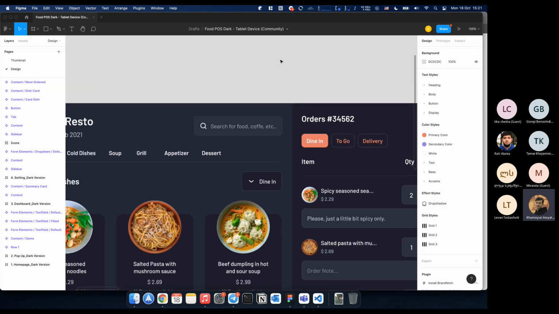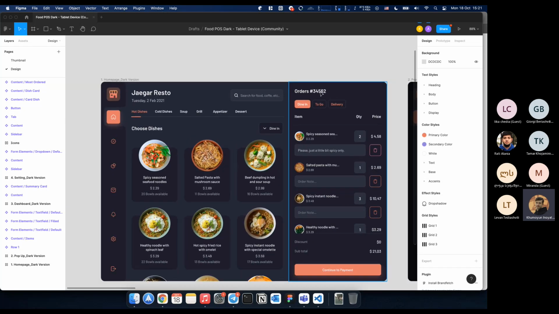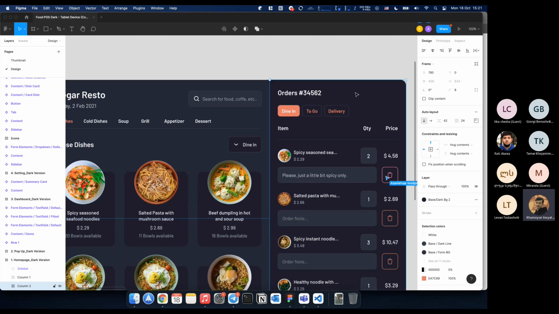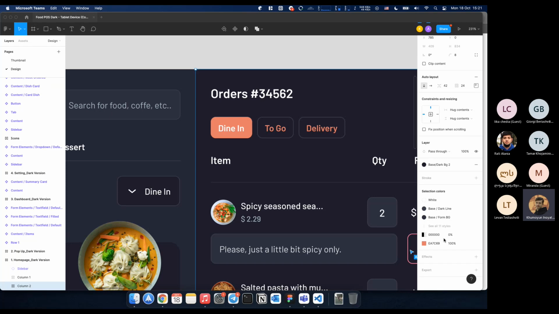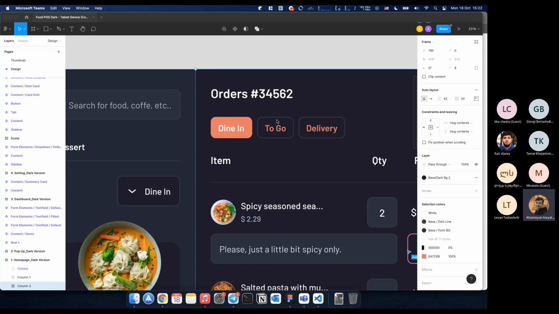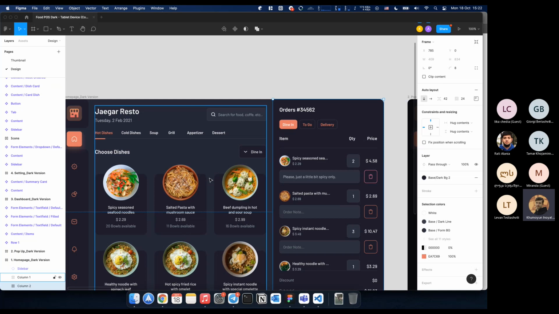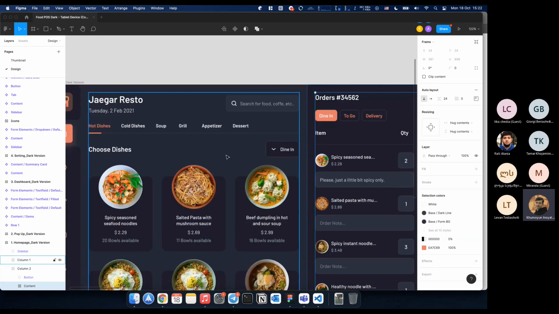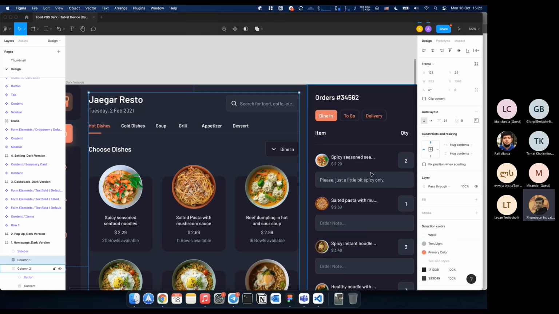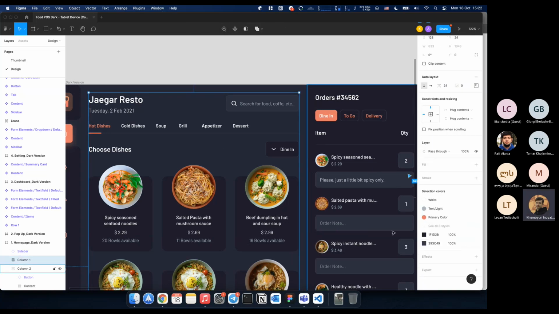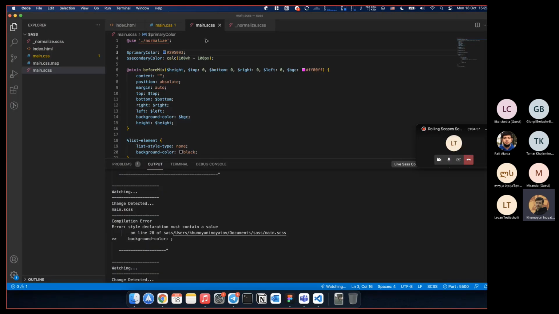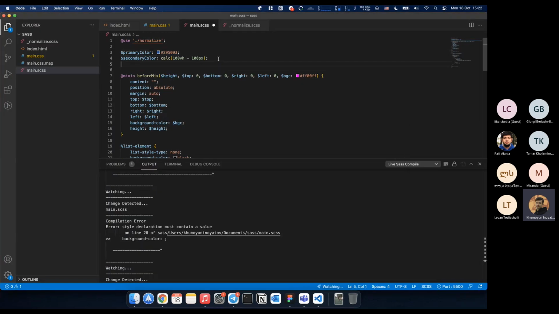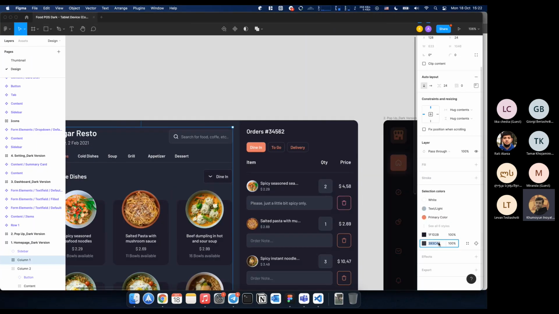So if we look into the design, the main color in our project is this color, the primary color, and our secondary color is this orange color, and also we have the background color set to this color. We should first take the primary color, secondary color, and the BG color, and we will take this